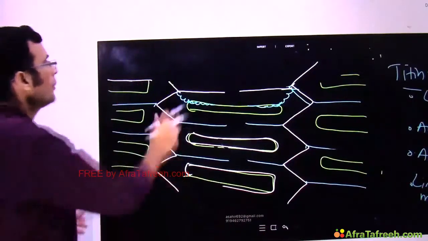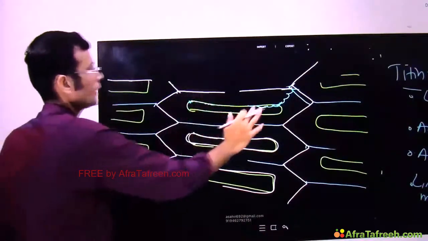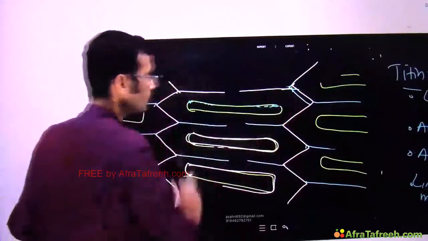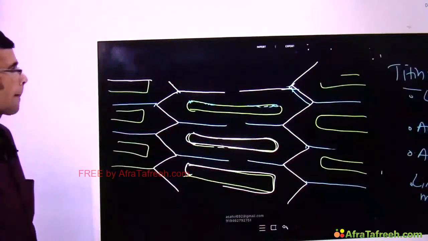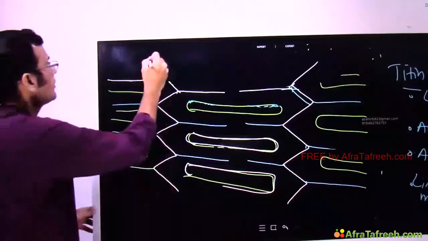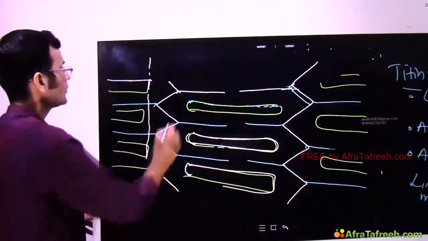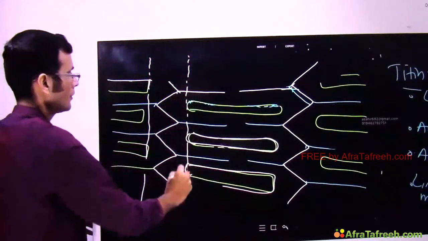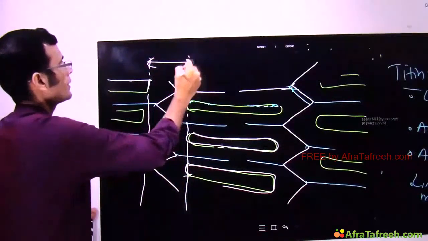Let us first see the bands or zones in the sarcomere. First thing, on either side of the Z line, for some distance, there is only thin filament. So this is called the I band,